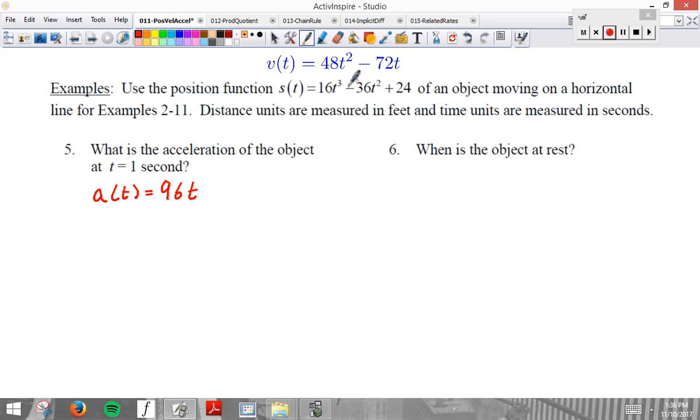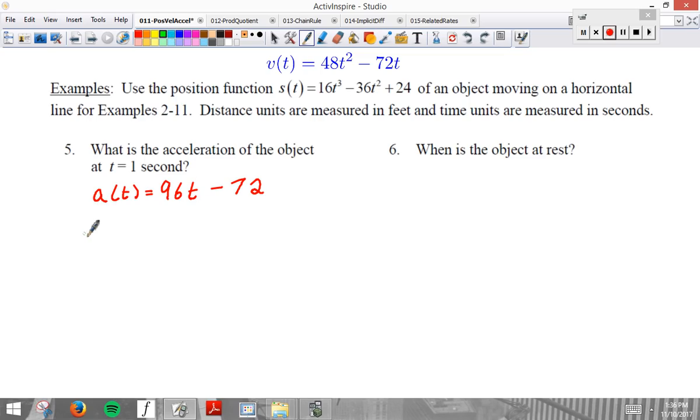The derivative of negative 72t is negative 72. Again, if that gives you trouble, it's a line, it's a slope. The slope of the line is just negative 72 because derivative is also the slope. So that's the acceleration, and we can find the acceleration